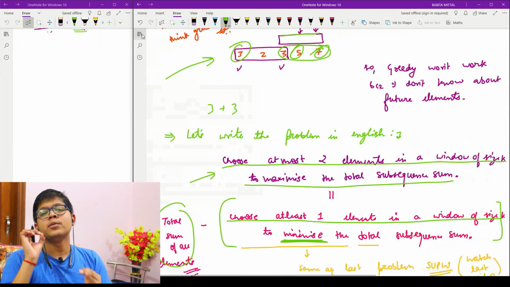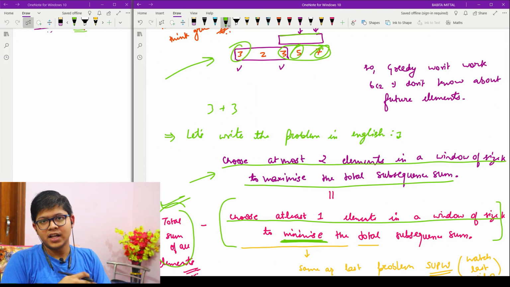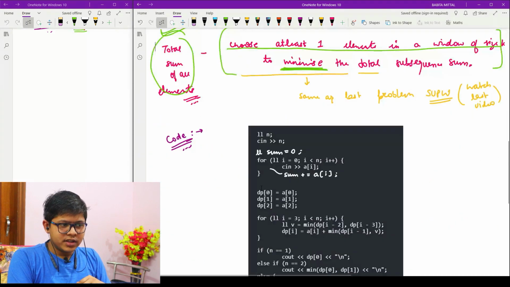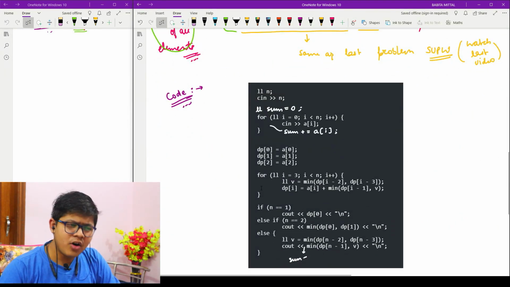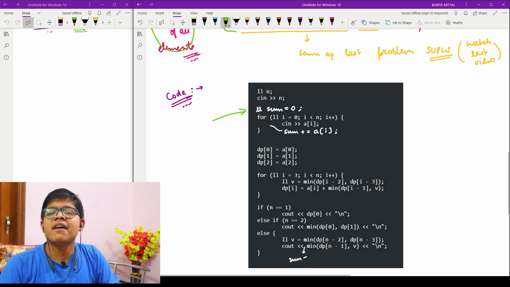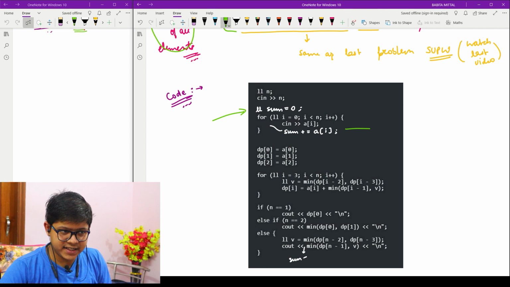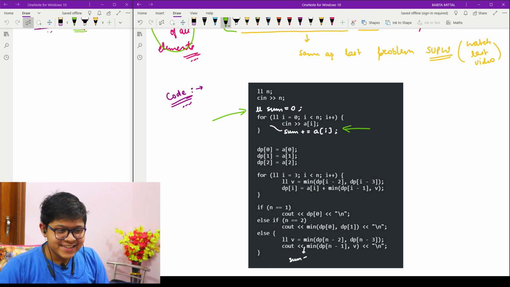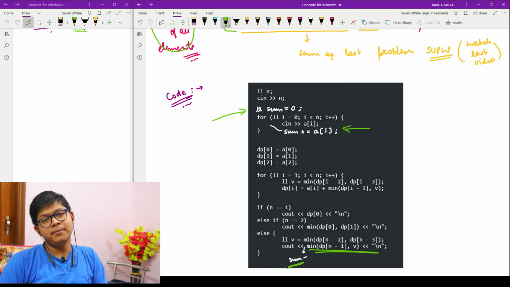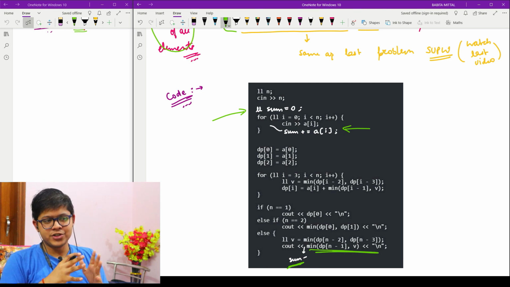See, the only thing which you need to modify in the code right here is that you will subtract the result from the total sum and you will get the answer. The code is exactly the same. I have not changed even a single thing. The only thing I added is a variable called sum, which calculates the total sum of the sequence, right here. Then the final thing I need to do is subtract my previous answer from the sum which I obtained above. So from this you will get the solution.